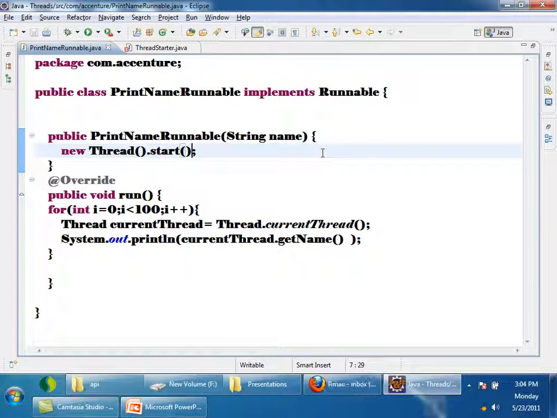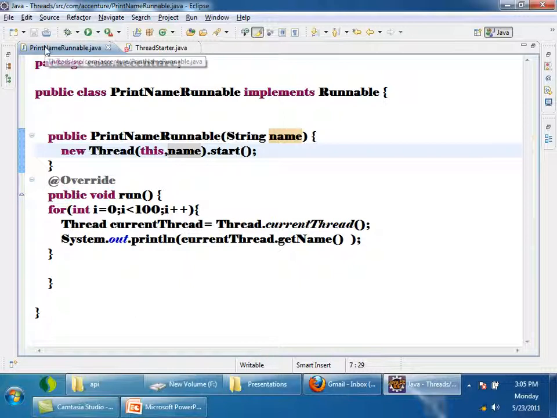Once the thread starts, which code it has to run, it does not know, right? So now what I'll pass is this. This means the current object, right? This is the runnable object only. This class is implementing runnable. So there is a thread constructor which takes runnable. So once the constructor is called, what I am doing? I am creating a thread and passing this reference and calling start, comma. I want the name also. Whatever I am passing through the constructor, I am passing the same here, right? Will this not be a good idea?